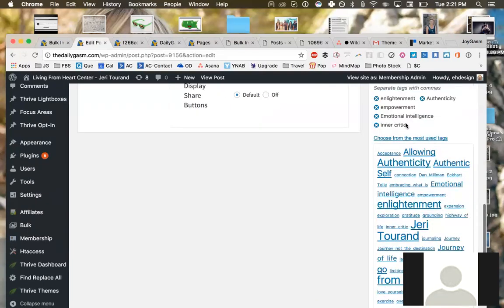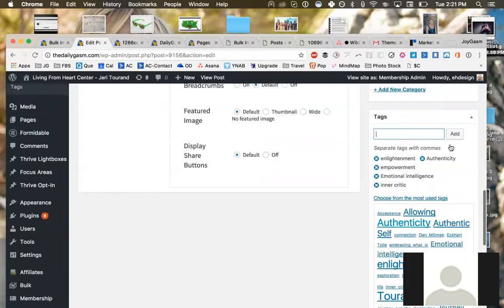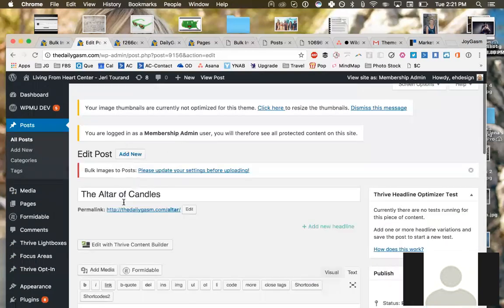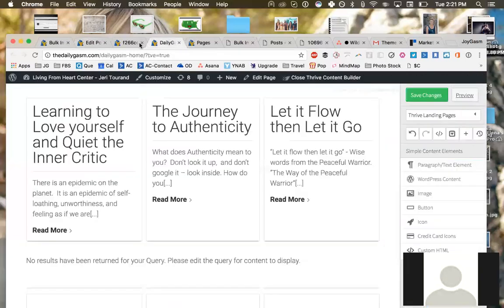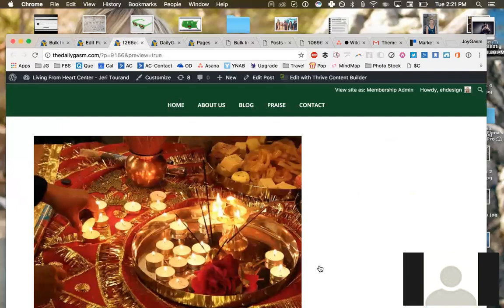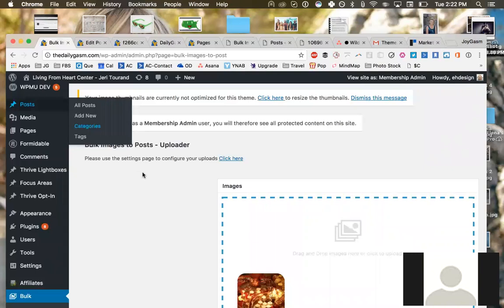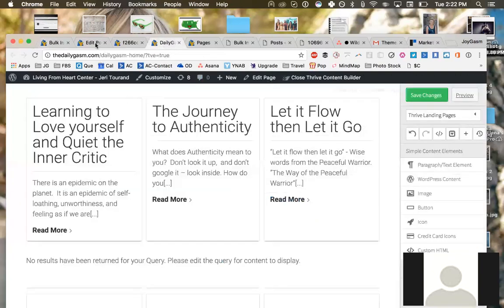You don't have to do this, but it does help with SEO, and it does help with creating it. And this is the featured image. This is the image that's in there, and it has been generated automatically. Normally you would have to click in and upload the image, make the post, create a new post, give it a name, and give it a category. Whereas this plugin just lets you drag and drop and then choose a category for all of them. So you would say, okay, these are all iGasms. You'd upload all of them, click them into iGasm, press go, and then you just have to go in and